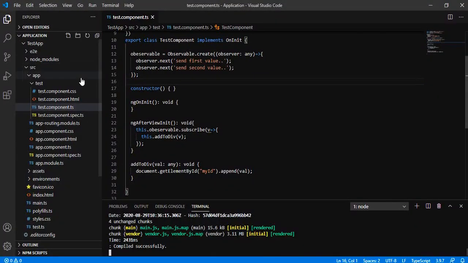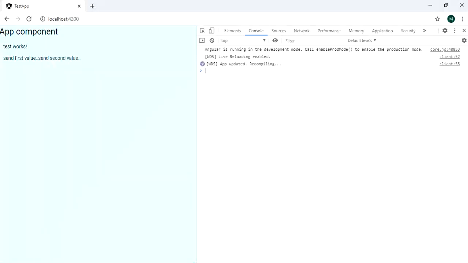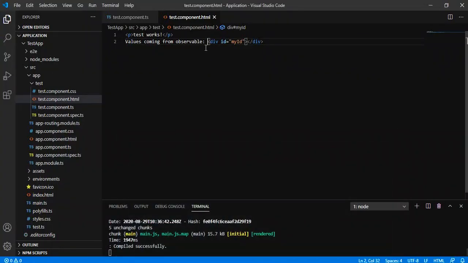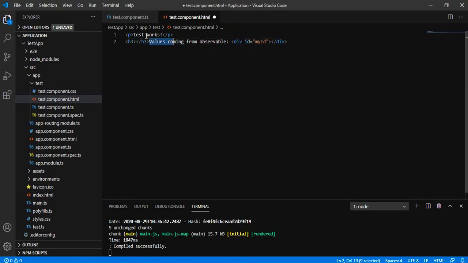Let us add some content, such as 'value coming from observable is this', just to make our view look fine. Let us add an h3 tag, just to give some enhancement.